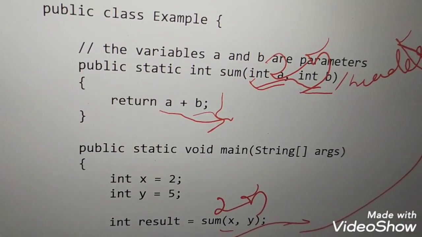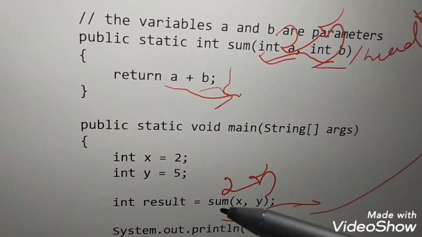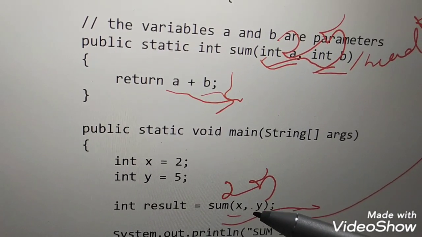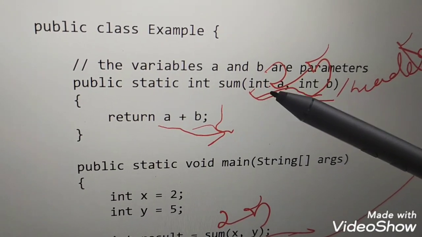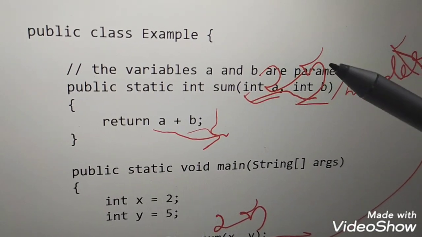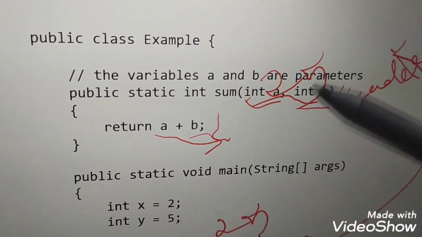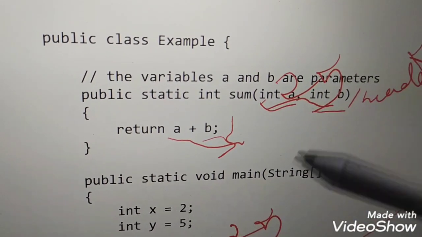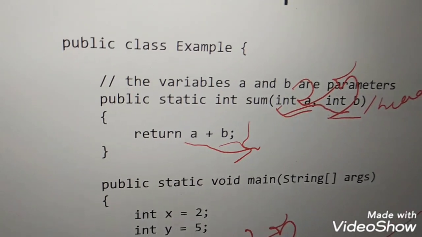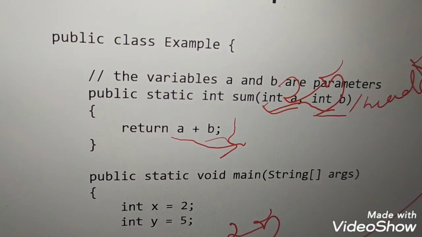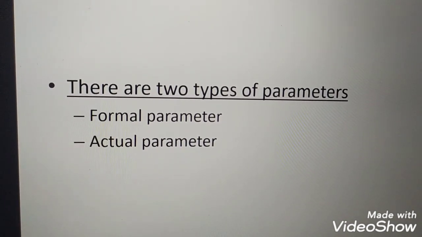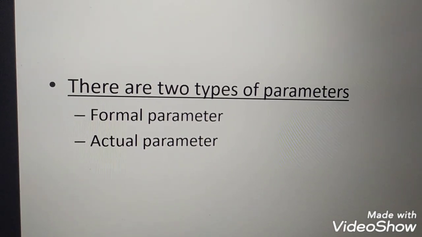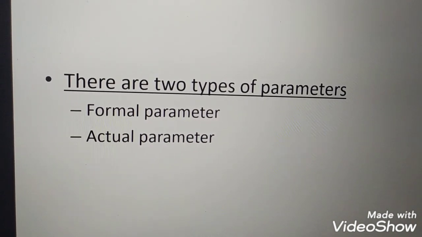So they are bearing the same value. But whatever variable or data we are using in the calling method is known as an argument, and when it goes to the called method, the variable or data changes to a parameter, but they bear the same value. Now you are clear about what is a parameter and what is an argument. Since the parameter and the argument bear the same value, we can call it an argument also and a parameter also.